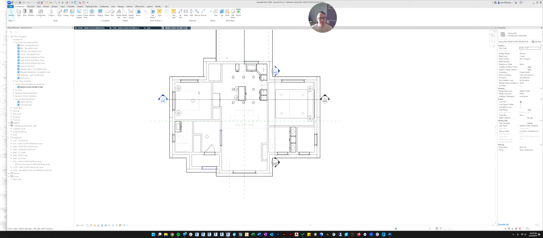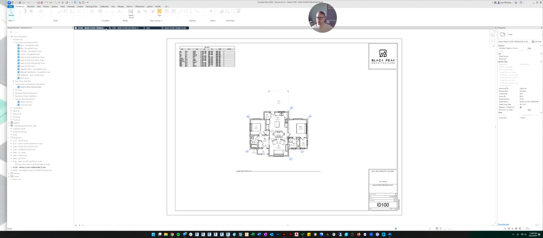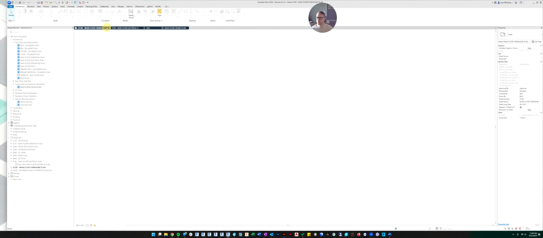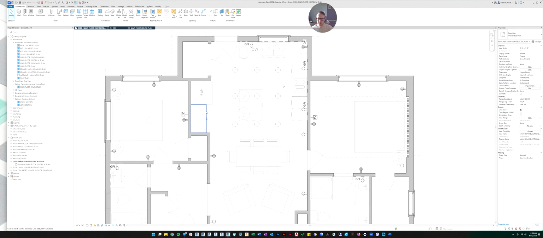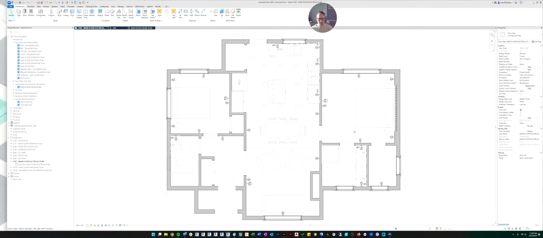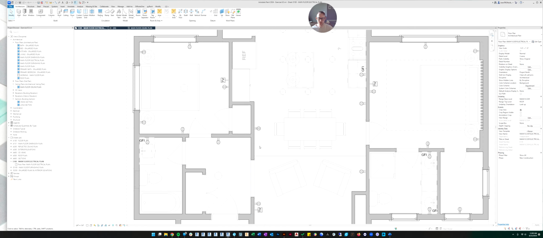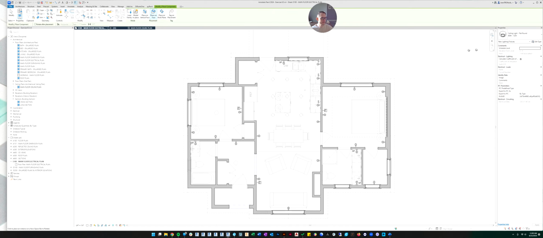Okay, so the last element we need to do after the lights are switches. So for switches, we'll go back to the main or the electrical plan. I'm going to close the main plan because I keep wanting to click on it. Okay, so here's our electrical plan. So now when you go back here, you can see the lights are in faded gray because they're an underlay. Now we just need to put the switches on the wall. Let's go to component for that and we'll search switch.